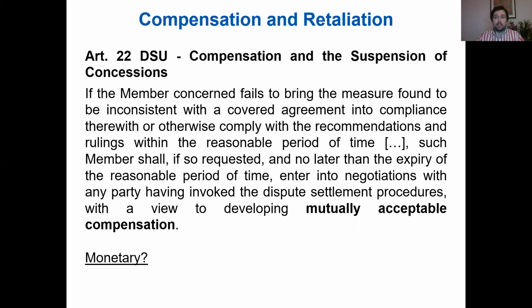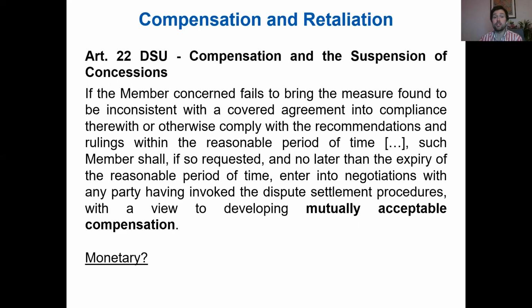And the last story that we need to understand: what happens if someone does not comply? What happens if by the moment retaliation is possible, the measure is not brought in compliance with the WTO rules? It is very simple. Article 22 of the DSU gives two options for reaction for non-compliance: compensation and the suspension of concessions. So to begin with, option one: if the member concerned fails to bring the measure found to be